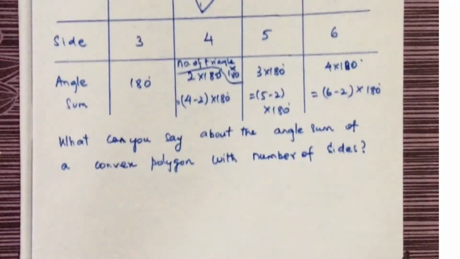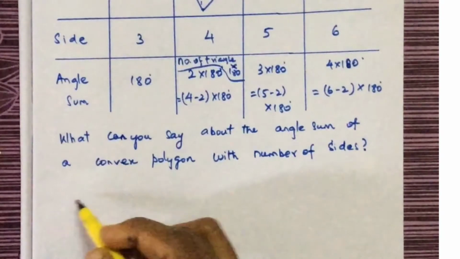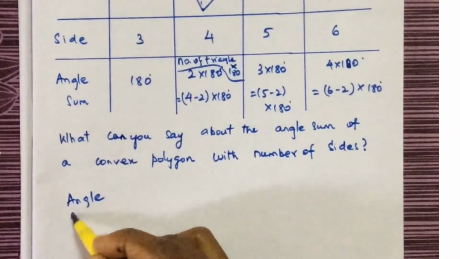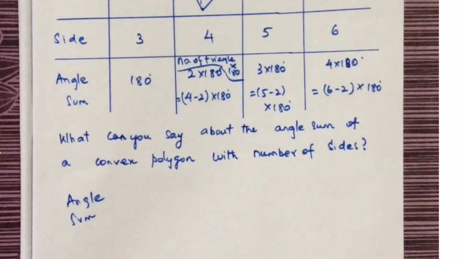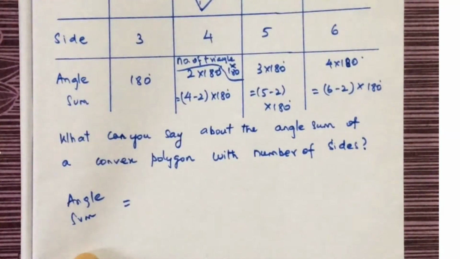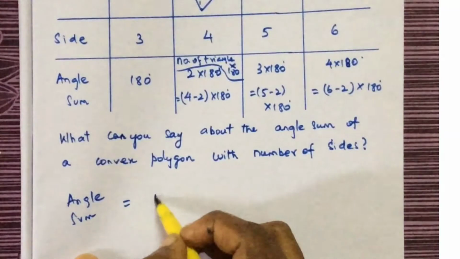Okay, so in general what I am saying is, the angle sum of any polygon, a polygon having any number of sides. If you want to find the total angle, it can have any number of sides. So what is the total angle? That can be found out using a simple formula that uses the number of sides.